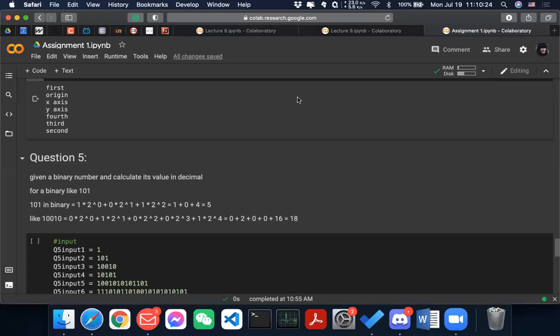Okay, so I will move on to question 5. So question 5 is, given a binary number, you calculate its value in decimal. Okay, so the way I approach this, let me just explain what those binary numbers are. Binary numbers are just, for example, if it is 1 0 1, then